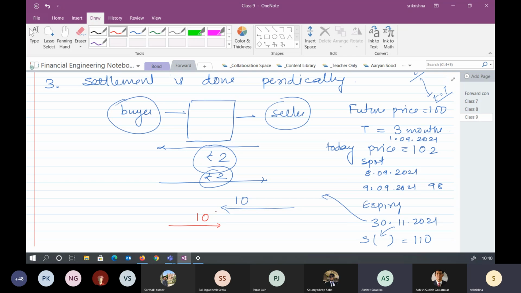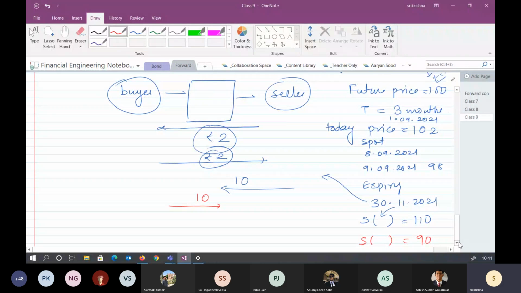So, sir, in case one, the benefit would be to the buyer. In case one or case two, ultimately at the expiry point, there will be a benefit either to the buyer or to the seller. One will be in loss and one will be in profit, sir. Yes, so what is happening is that we have entered into the future, but the future is basically looking at how the spot price is following, correct?